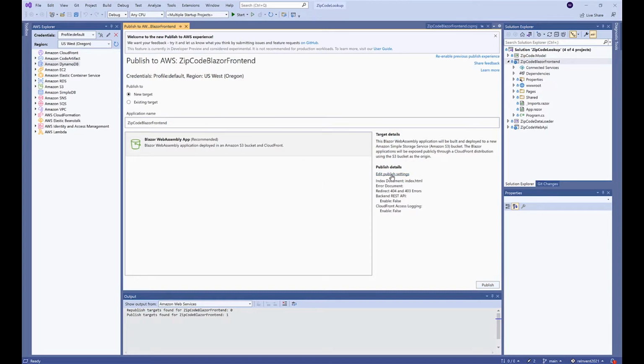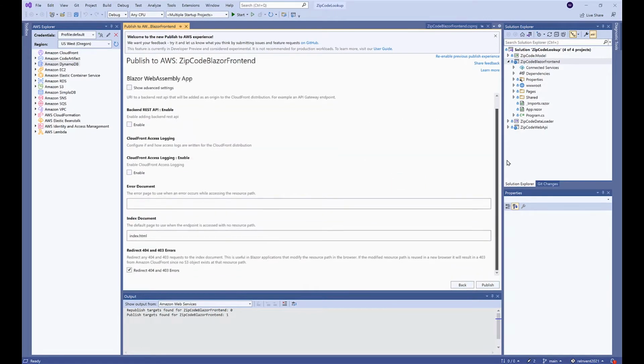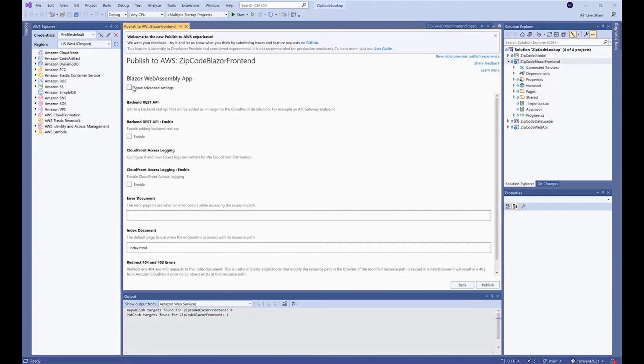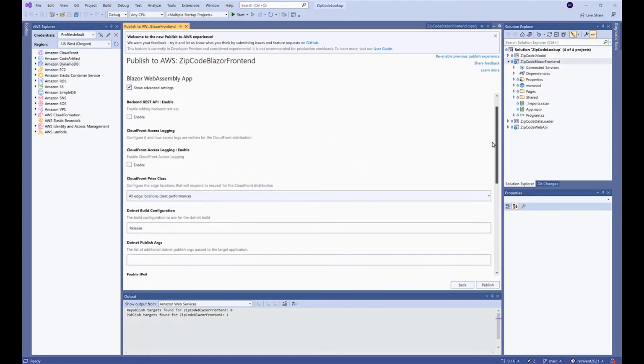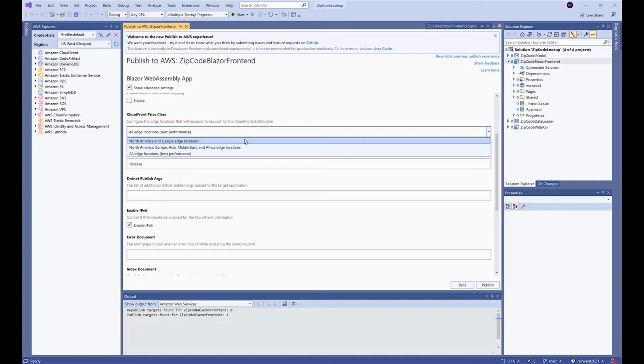Now, I can also edit some of the settings. We have some settings here, as well as some advanced settings. This is mostly showing me some more settings for my CloudFront distribution, where, for example, I could adjust the price class to say, hey, I'm only going to be running this in North America and Europe today for my demo application.